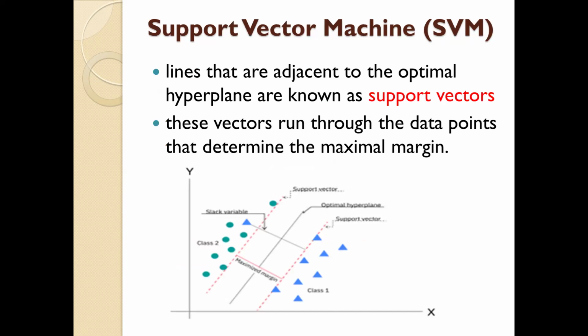The key aspect of SVM is it maintains the margins. So let us define the term margin. See, the lines that are adjacent to the optimal hyperplane are known as the support vectors. These vectors run through the data points that determine the maximum margin. So the gap between the support vectors is called the margin. So SVM tries to maximize the margin so that it differentiates the data objects of two different classes